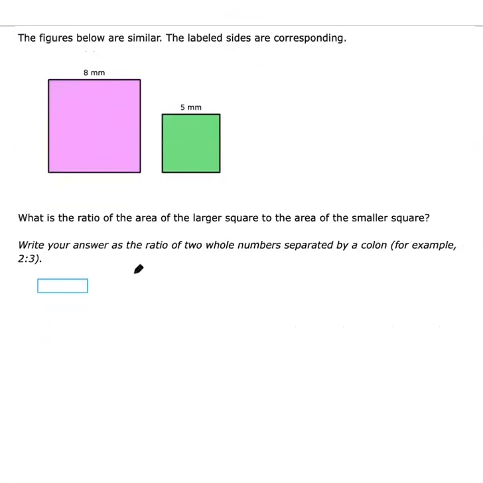All right, this one, the figures below are similar. The labeled sides are corresponding. What is the ratio of the area of the larger square to the area of the smaller square? Write your answer as a ratio of two whole numbers separated by a colon. For example, 2:3. Okay, so this one we have 8 squared